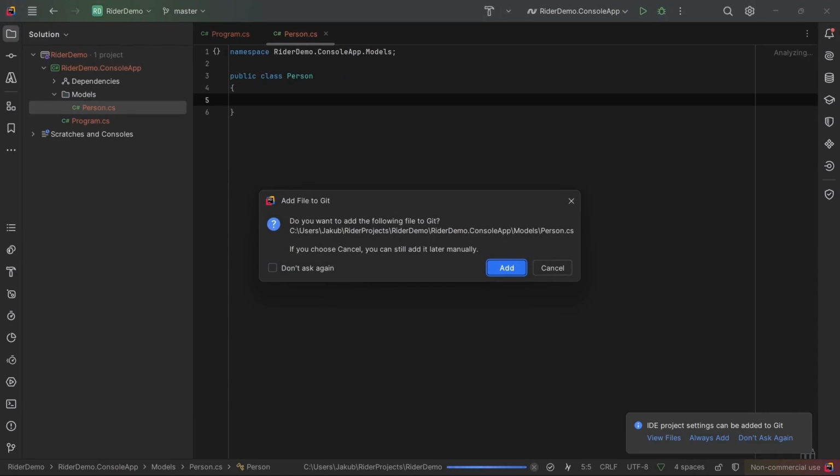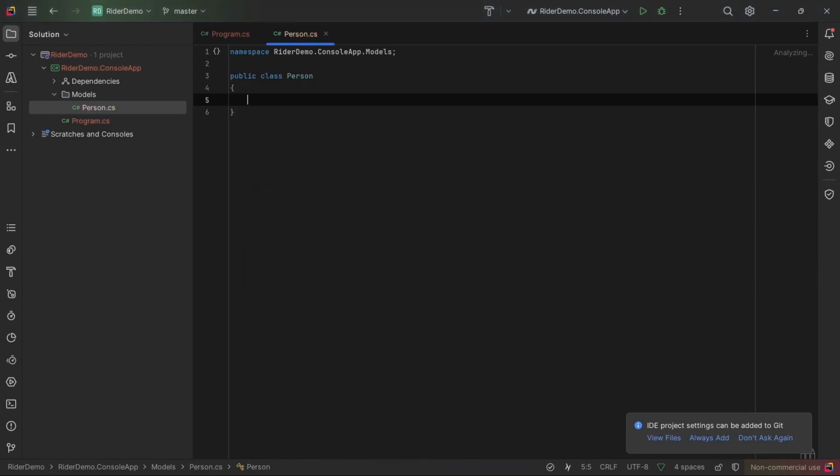As we can see, when adding the first file to our repository, we also receive additional information from Rider asking if we really want to add this file to the repository. I will of course check the Don't Ask Again option and click the Add button so that this file is included in the changes we are making. In terms of the Git repository, as we can see now, I have two files open and created, person